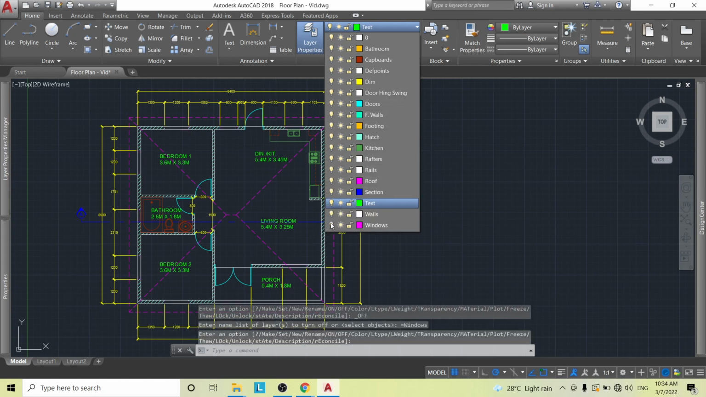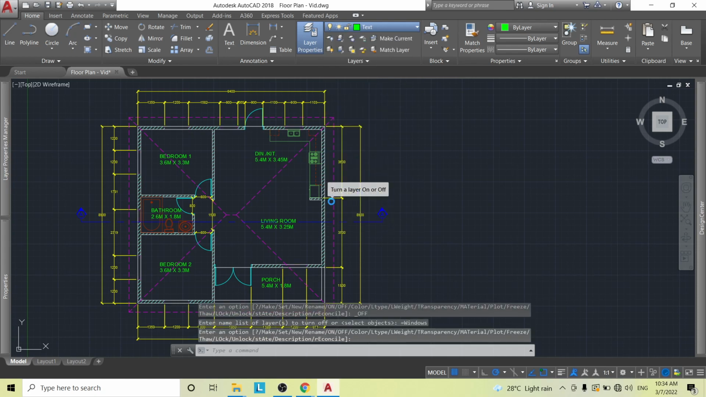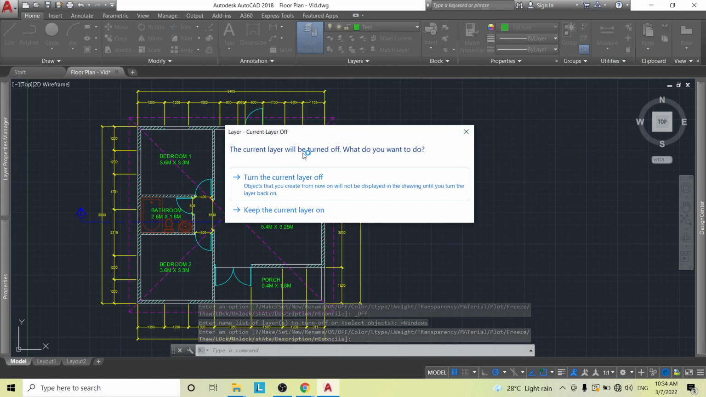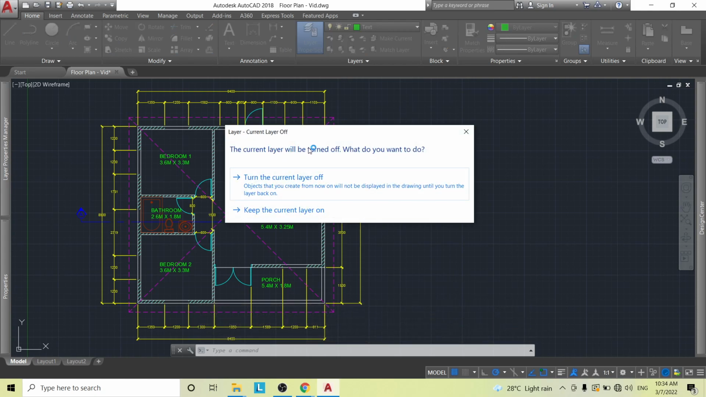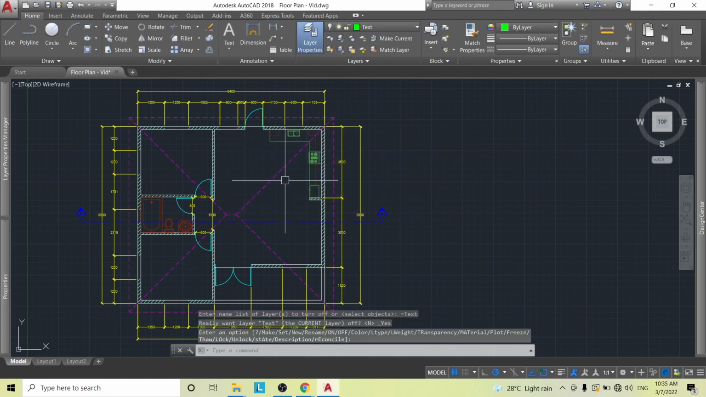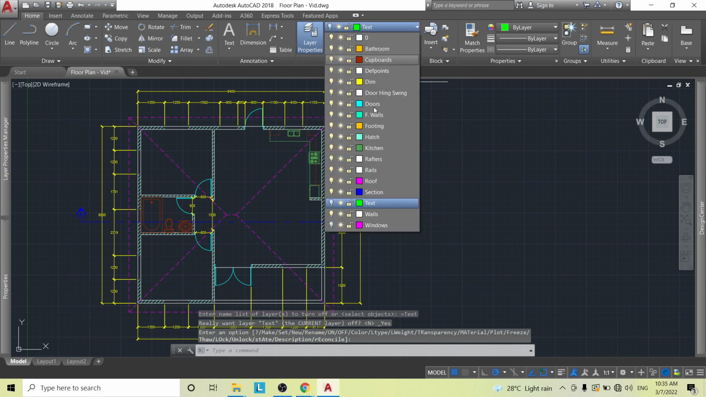So we're going to turn off the window, we're going to turn off the text. Now it's saying that I'm currently on a certain layer and I'm trying to turn it off. It is okay. It's just a warning. So the current layer will be turned off. What do you want to do? I want to turn it off. That's fine. So let's continue. We want to turn off the section, that's that arrow. We want to leave on the roof, leave on the rails,